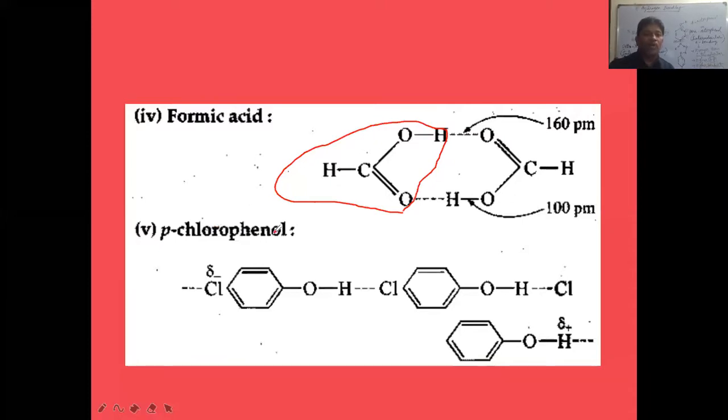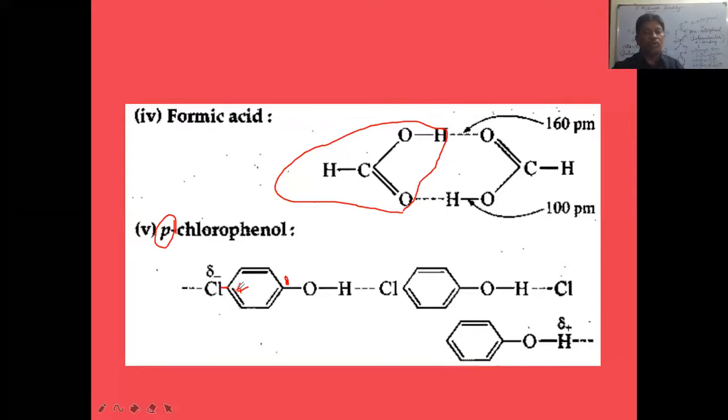Next, para-chlorophenol. Para means what I told you here. The P stands for para. Small o, hyphen, o stands for ortho. Small m, m stands for meta. Ortho, meta, para positions. Now, wherever the OH group is attached, that carbon will be given the first position. So this carbon is the first carbon in the benzene ring. Then second carbon, third carbon, and fourth carbon. To the fourth carbon, chlorine is attached to the benzene ring at the fourth position.